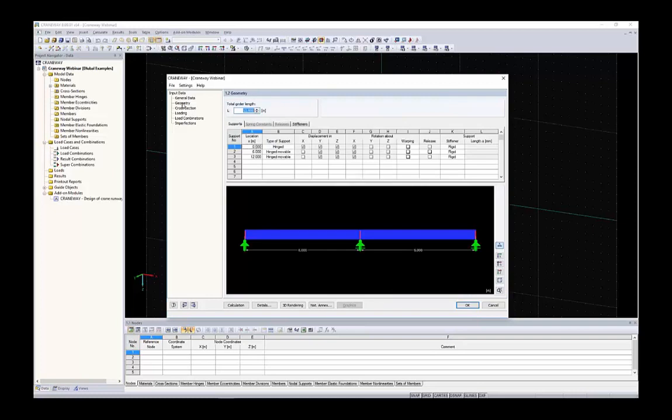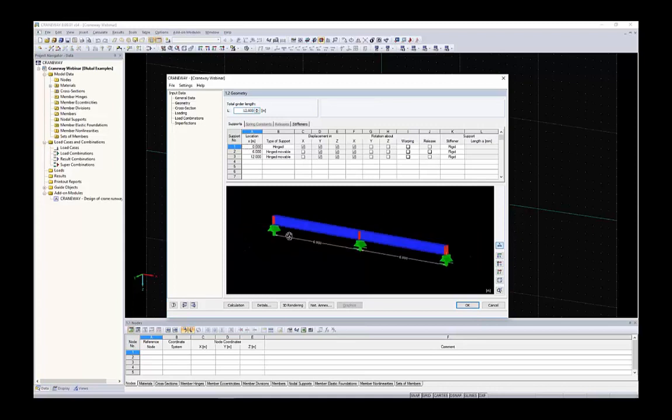In the next step, I have to define the geometry of the CRANEWAY. As in the main view in RFEM or RSTAB, you can easily rotate, zoom in, zoom out as you wish, and check your structure. So I like to work in isometric view. I can use this one. And today we have an example like a 28-meter